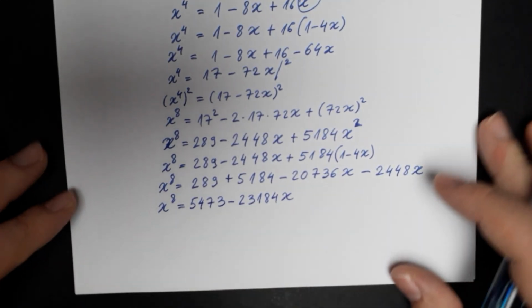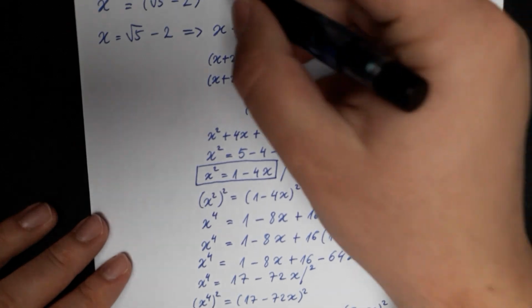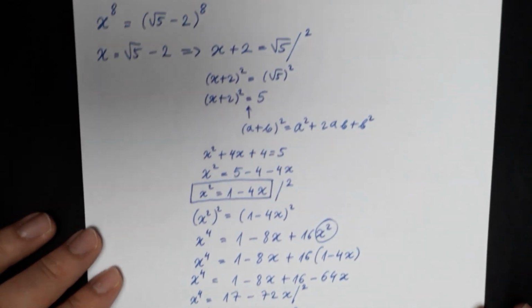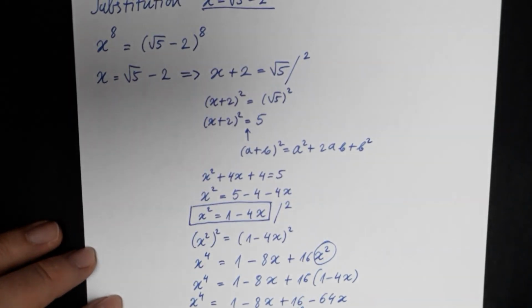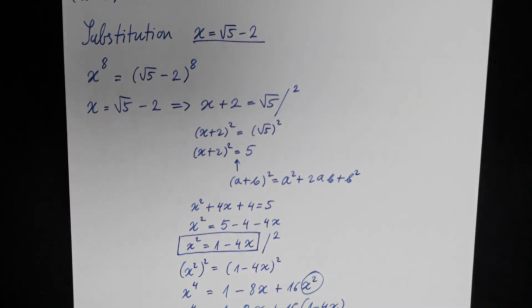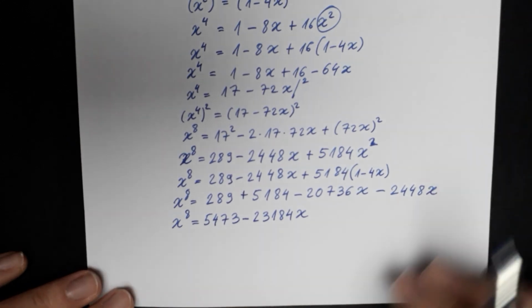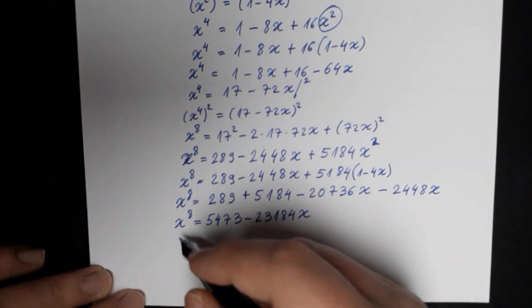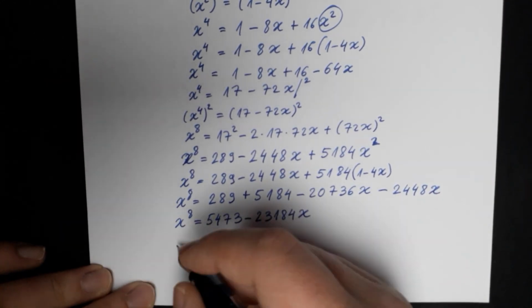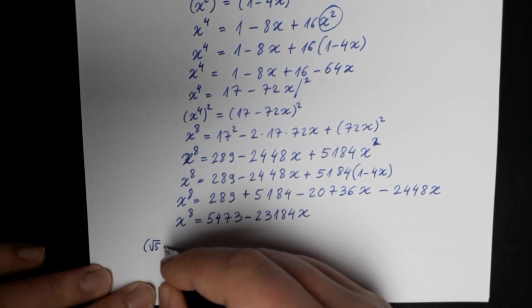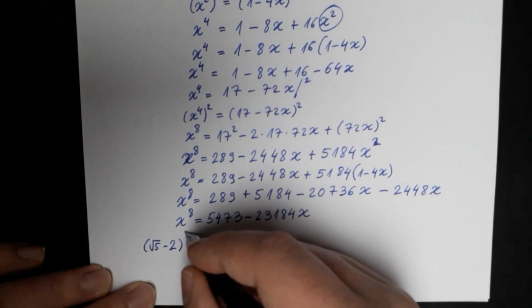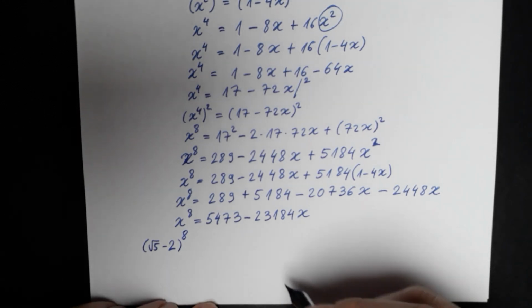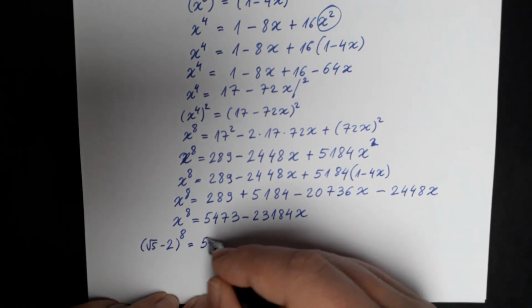Now remember the substitution we have used. x is equal to the square root of 5 minus 2. I am going to return this fact into the equation which we have now. So x to the 8th power, where x is the square root of 5 minus 2, raised to the 8th power, is equal to